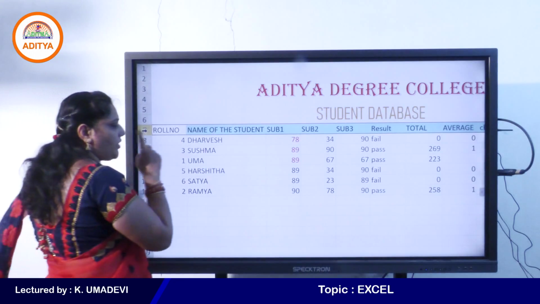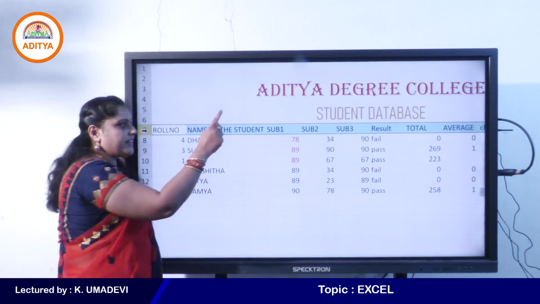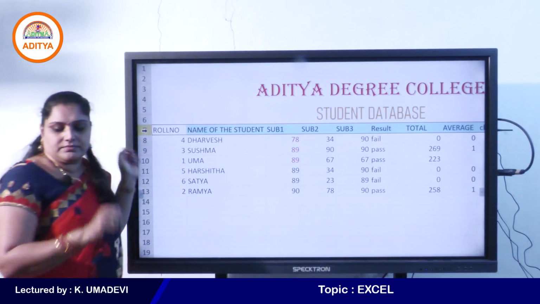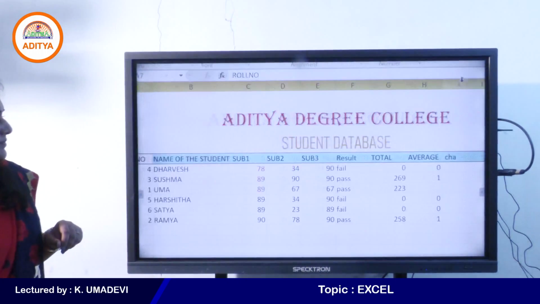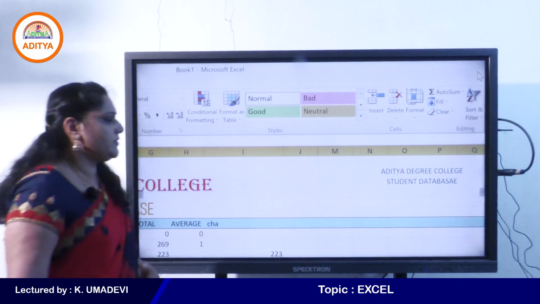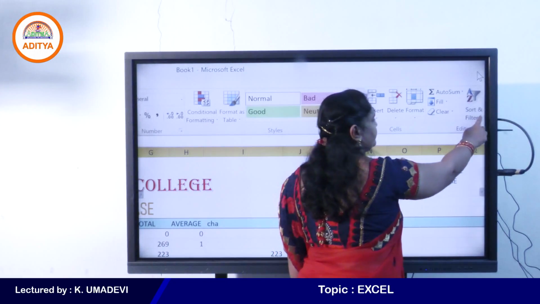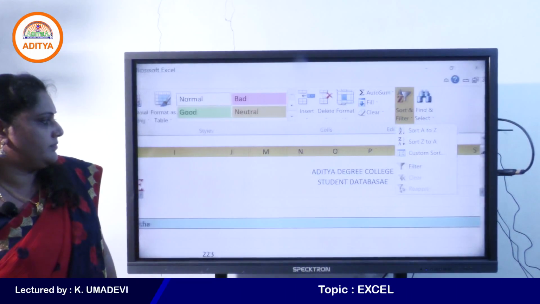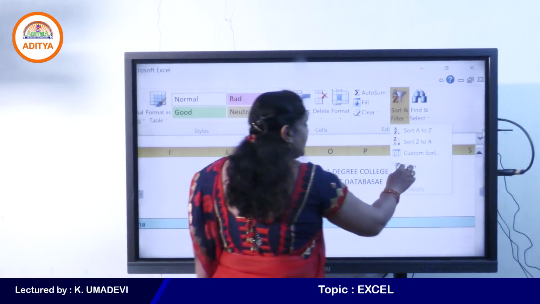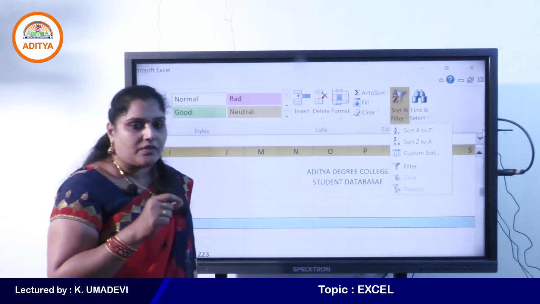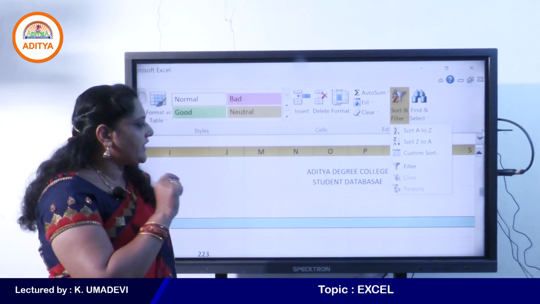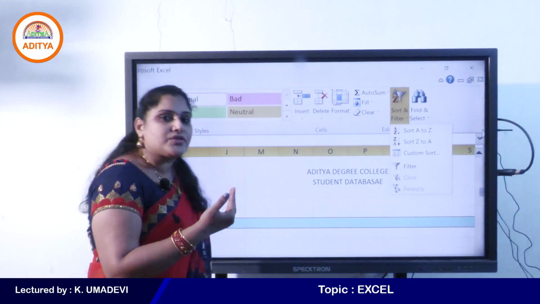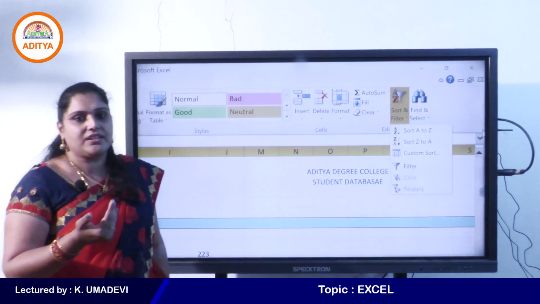Then you can go to sort and filter, and then select filter. See here, clear and reapply are not highlighted, right? Because the clear option is used to clear the filters and reapply is used to reapply the same filters.